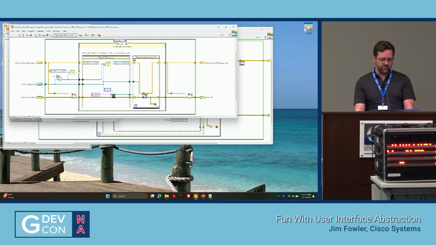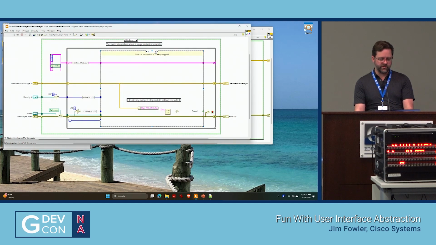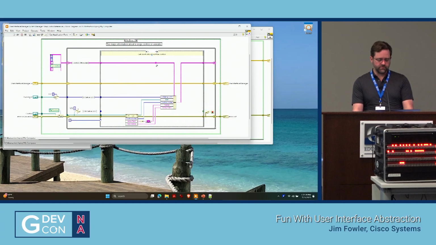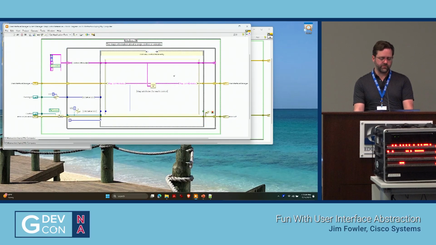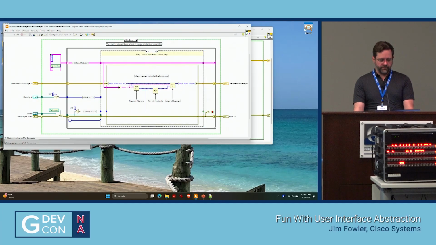And then it maps everything. As I discussed before with the map, if it's already mapped, don't do anything with it. If for some reason someone tries to subscribe the same VI twice, we don't want to do that. Right away, we take the control reference, get some properties out of it, and those get thrown into a cluster, which is part of one of the maps: the control attributes map. Then I'm mapping the names to control keys. For a given name, you might have more than one control, so I set up a set of those controls, and then there's a map based on the name.